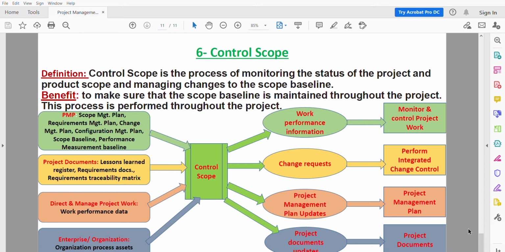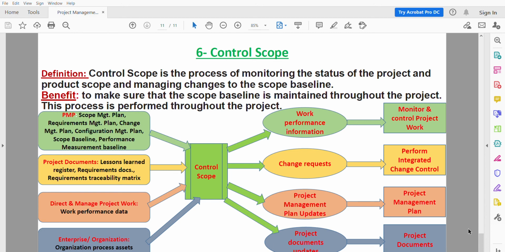The trend analysis examines the project performance over time to determine if performance is improving or deteriorating. The important aspects of project scope control include determining the cause and degree of variance relative to the scope baseline and deciding whether corrective or preventive action is required. And the outputs, as we said, are the work performance information